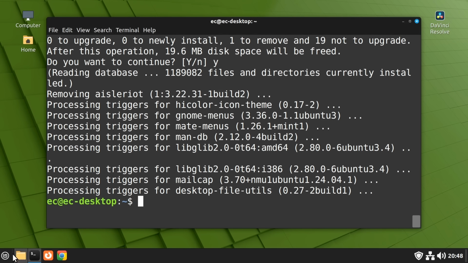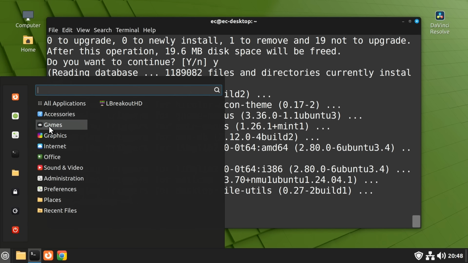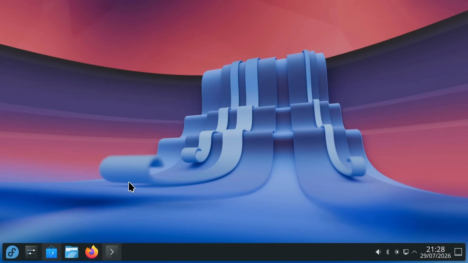And there we are. It has gone. It's no longer in our Games menu. Now, having used apt to install and remove a Deb package, let's transition across to Fedora, where the default packaging